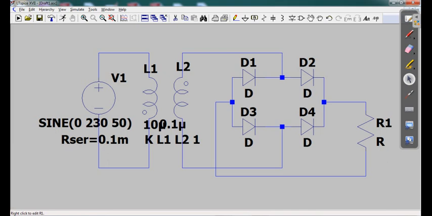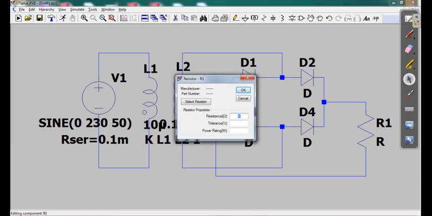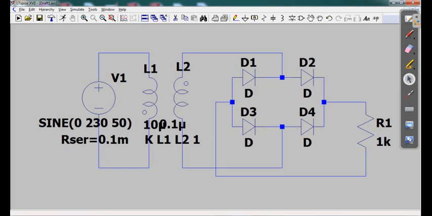Now you go to the resistor and right click and put the resistor value as 1 kilo ohm. So ohm is already there, write 1k, press OK, and you just make two grounds here. You just ground these two, press escape.